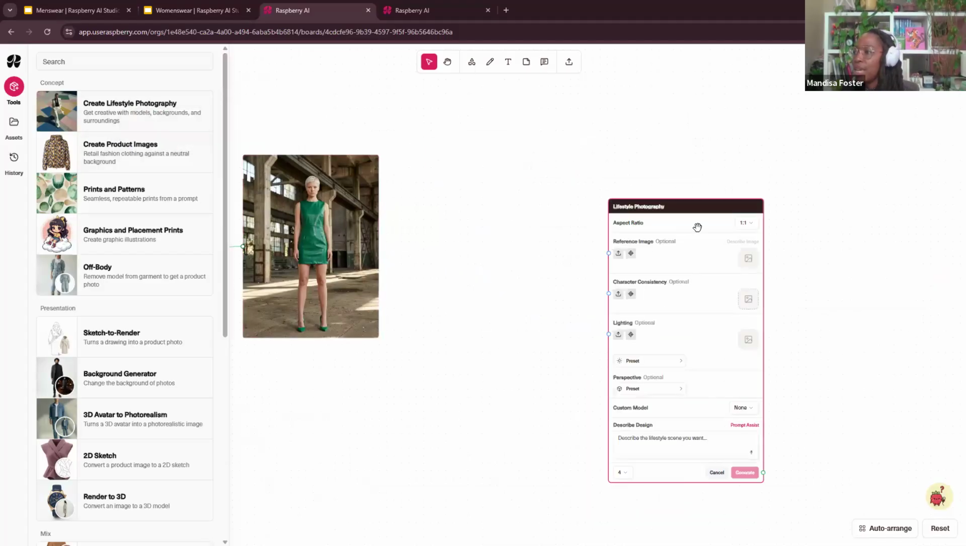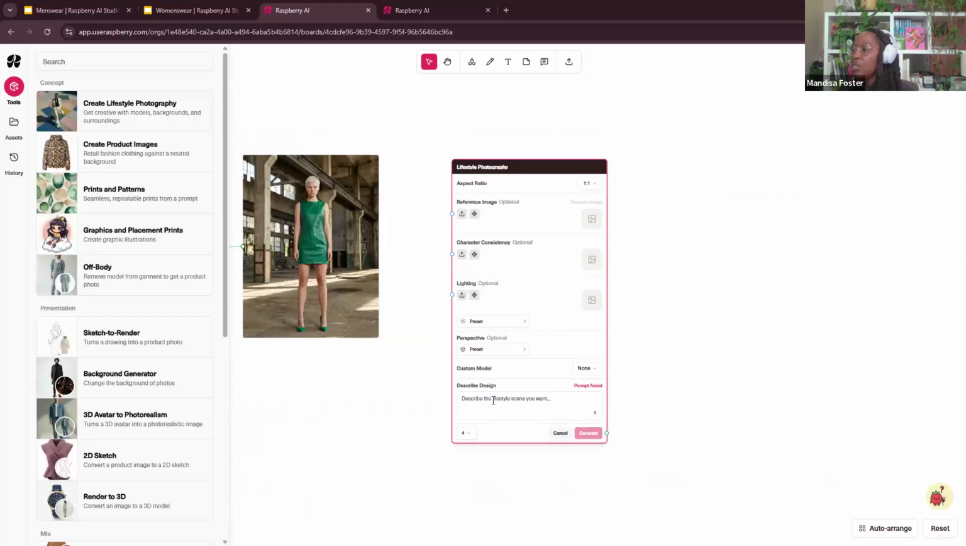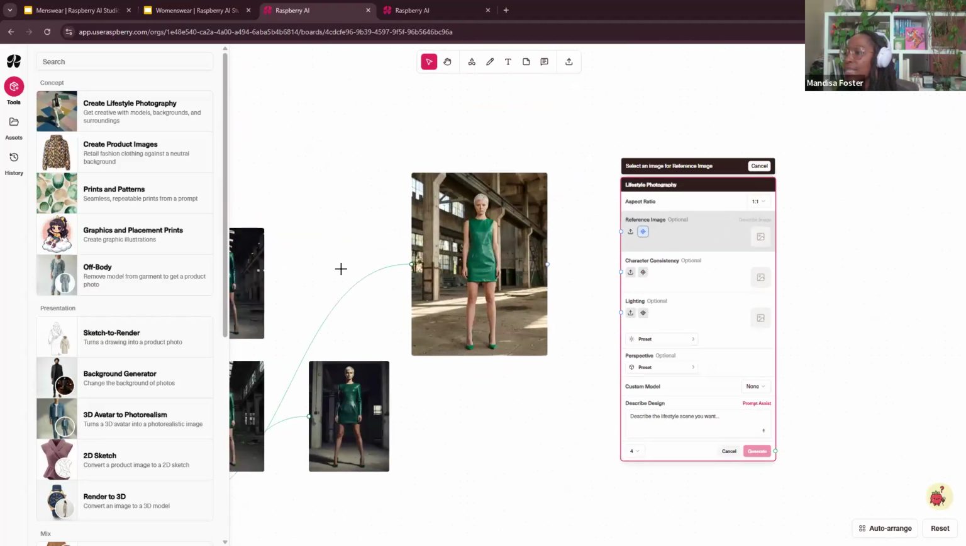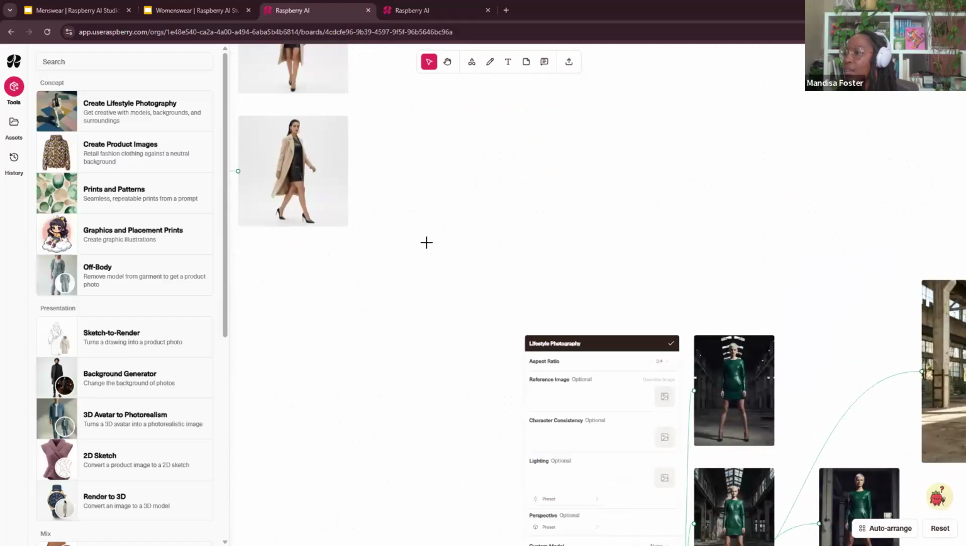Let's drag out create lifestyle photography. So what I could do, for example, is I could go into my reference images and I'm going to select a reference image from the canvas. So let's say I,